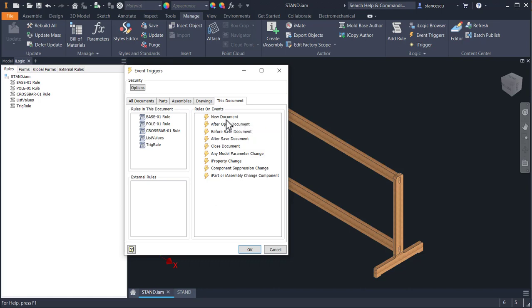Which event I want to trigger this rule? Open document. I drag this rule in open document. After I open the document, this must be activated. Okay,